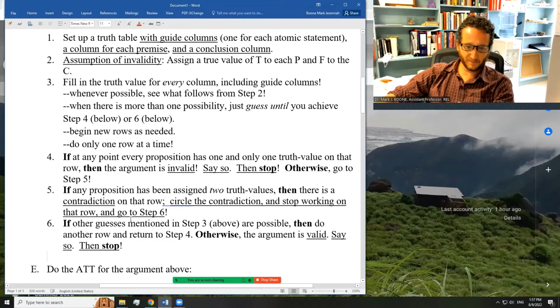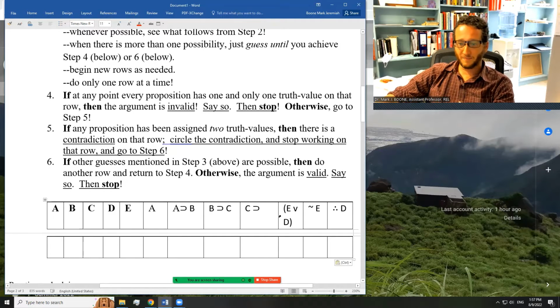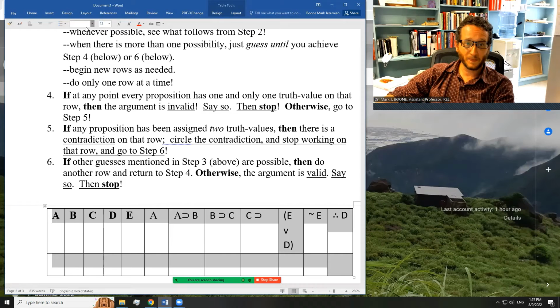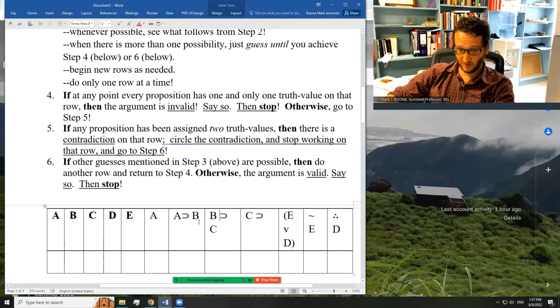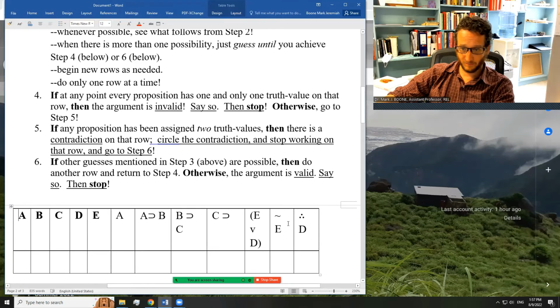Let's see. According to my notes, I should do a truth table here. Where was I? I was reminding myself and about to explain to you that I definitely need more rows here because I'm supposed to assign a truth value to every single proposition in this argument. Maybe I don't need an extra row. That will include